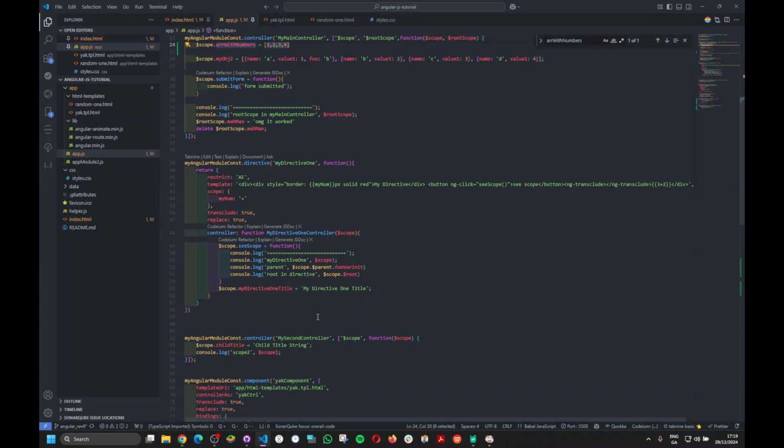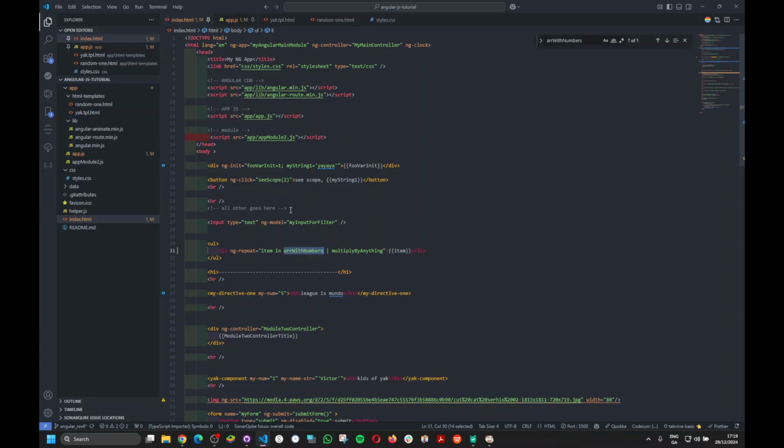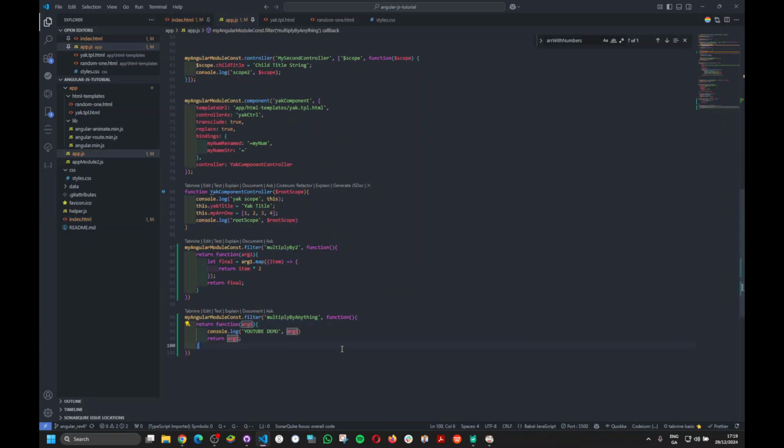So it gets to the filter, and whatever is on the left side is this argument here. When you create a filter, you name it, you have a function, and then you return a second function, and here you put the arguments. So this is the argument and this is the array. Let's say we want to do something with this. Let's call this multiply by 2. So what we can do is take this array,